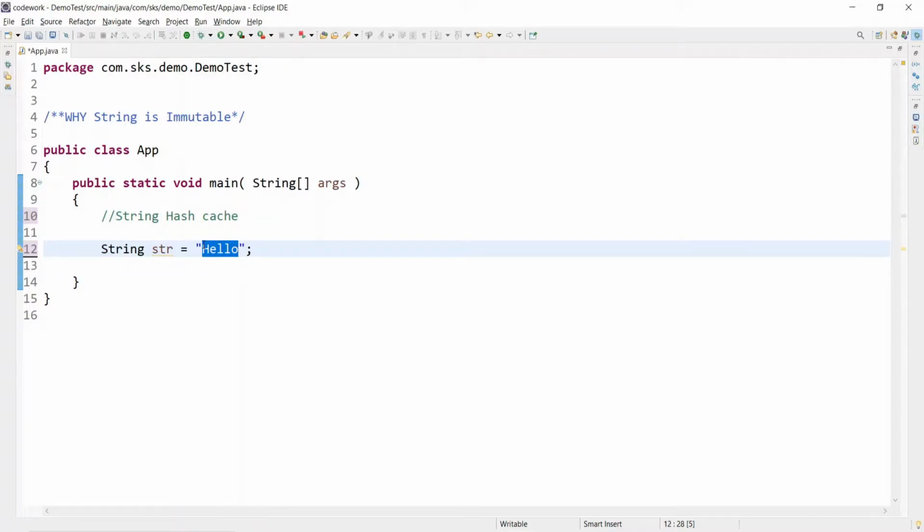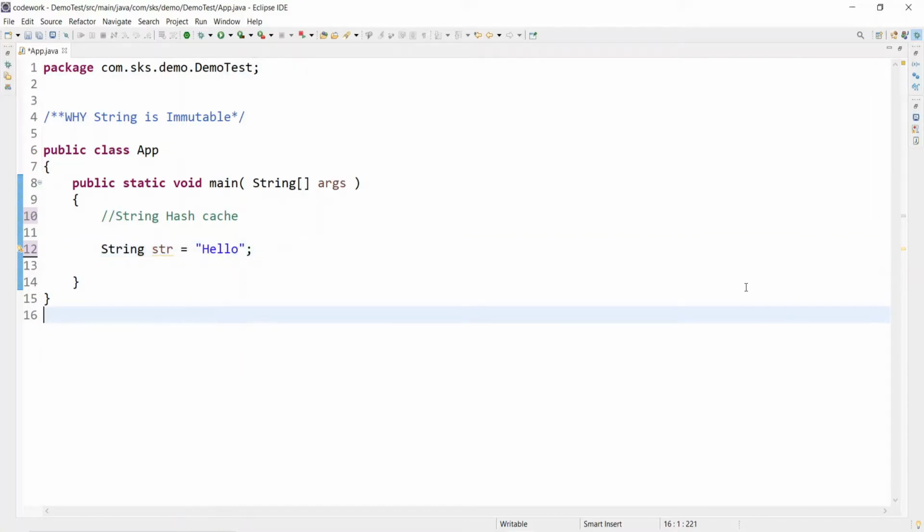And how is the hash code calculated? The hash code is calculated by the JVM based upon each character that we have stored as part of the string. So let's say str is one of the reference variables which is pointing to hello.